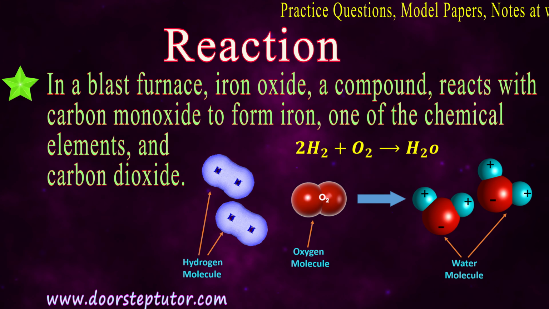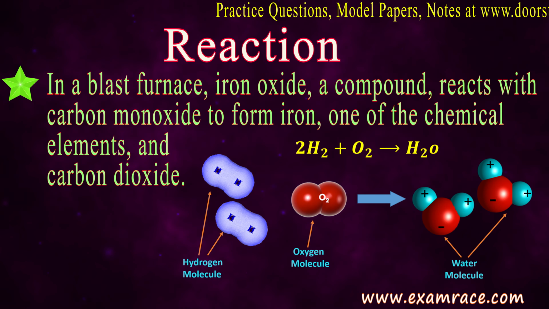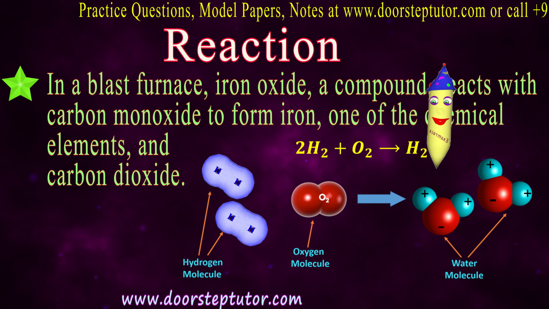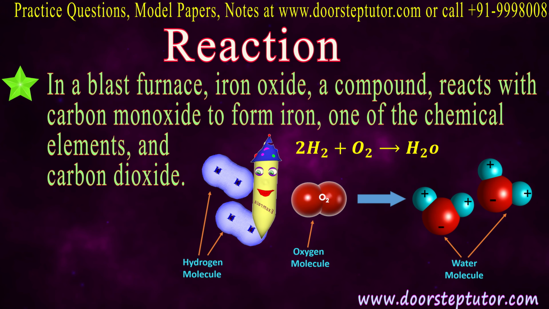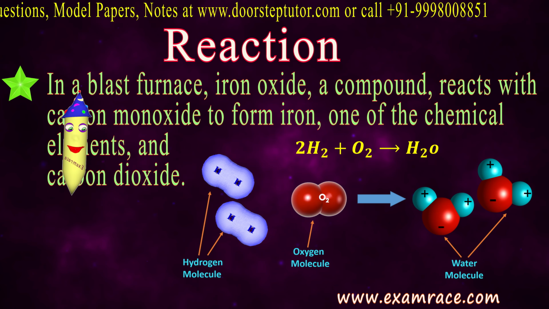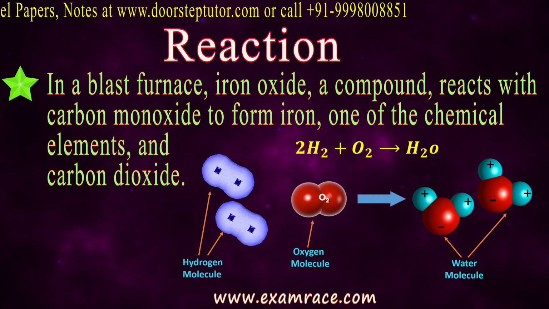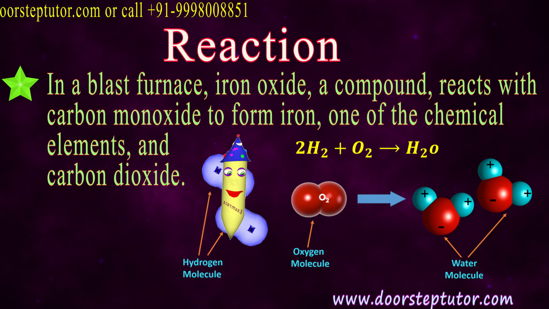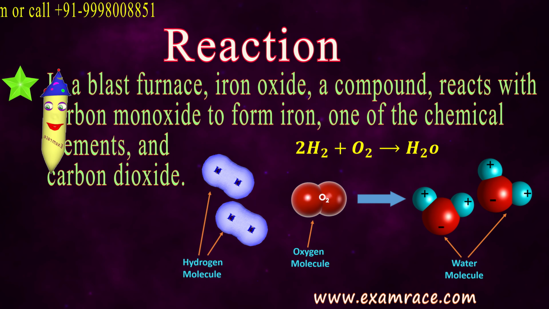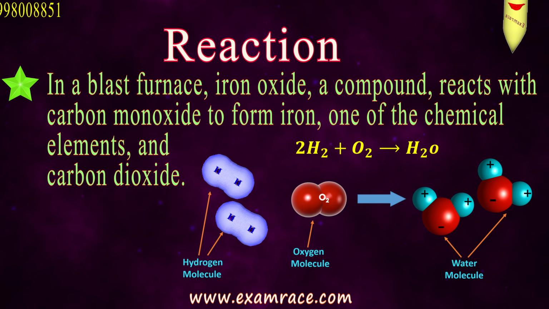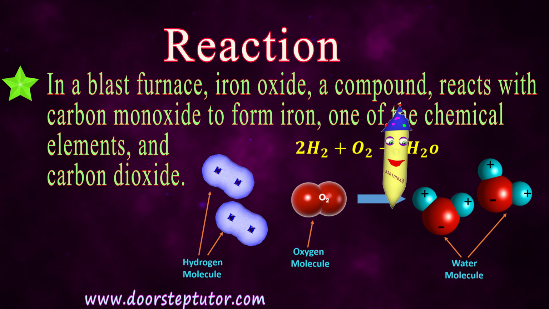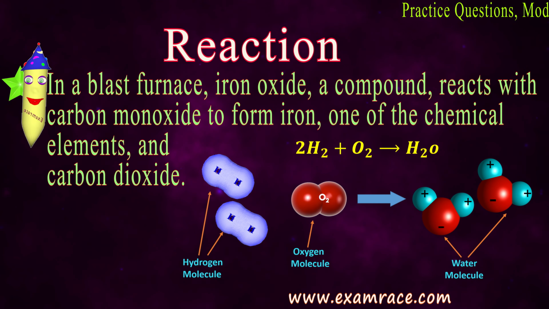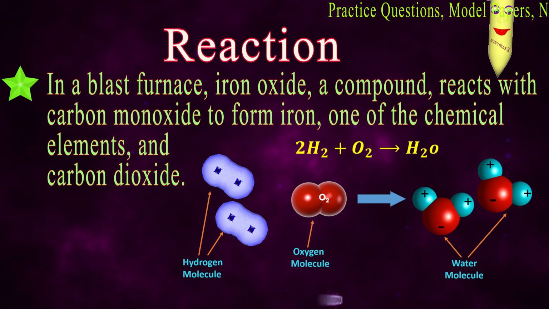A compound, iron oxide, okay? Now we are going to react this iron oxide compound with another kind of substance and you will see how we will get a different kind of product. So put the compound iron oxide in a blast furnace. Now this blast furnace will contain carbon monoxide, okay, that is CO. Now when both of these compounds, the iron oxide and the carbon monoxide, react, they will form a product called iron, okay, and with iron you will also get carbon dioxide.